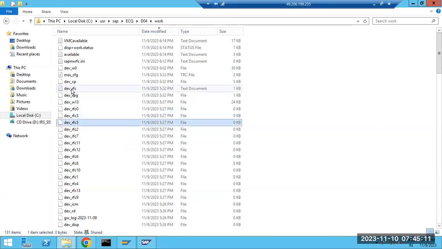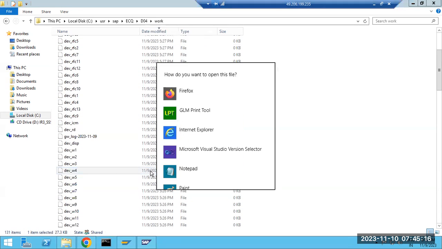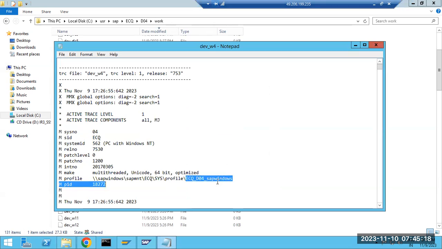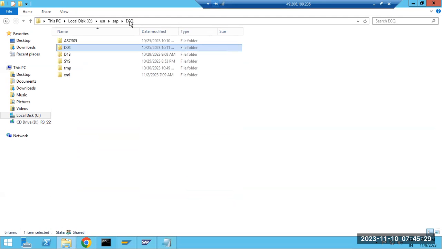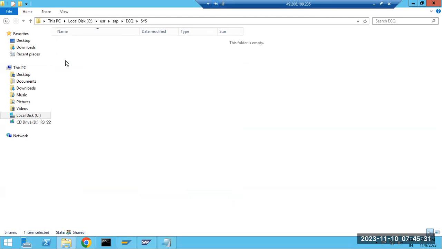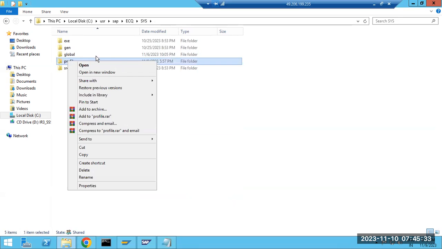At the instance level, all the work processes will refer to the application server profile. That's why when starting SAP, it will always refer to the profiles. If the profiles are not available or something got corrupted, then SAP won't start.